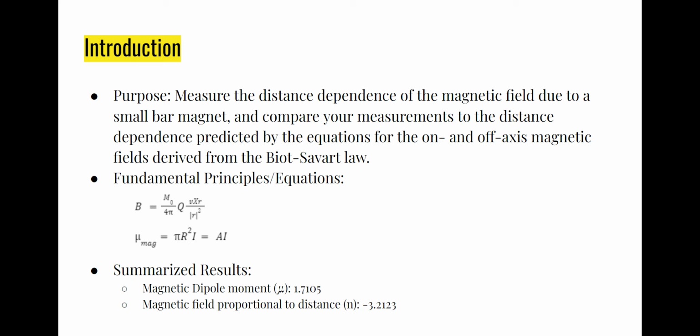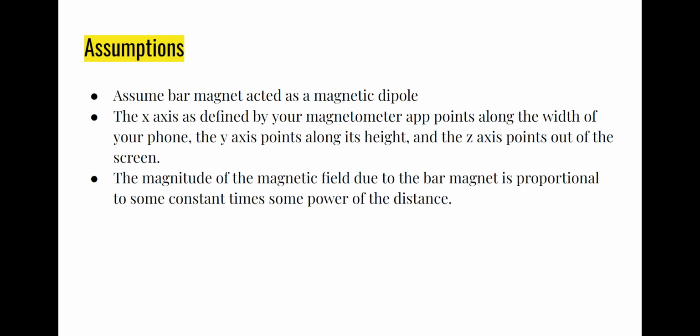The summarized results from the lab were that the magnetic dipole moment equaled 1.7105, and the magnetic field proportional to distance was negative 3.2123. The assumptions we could make in this lab were that we assumed that the bar magnet acted as a